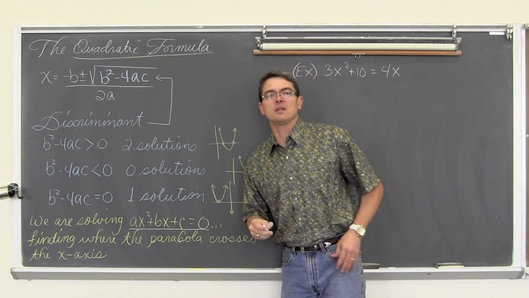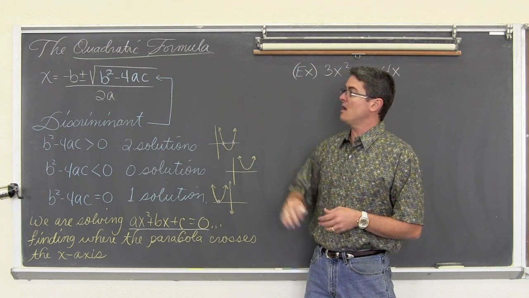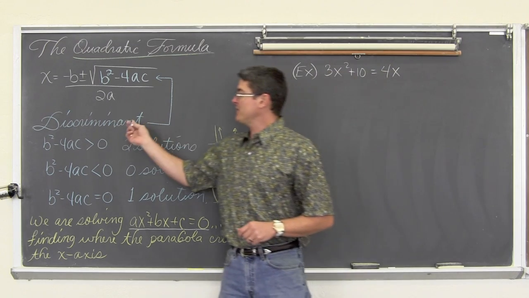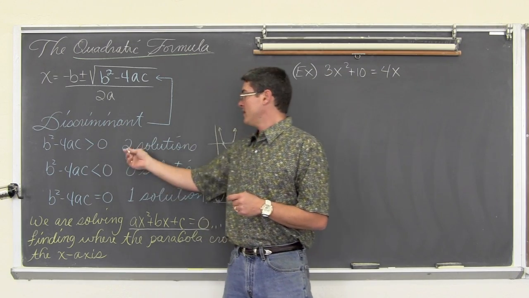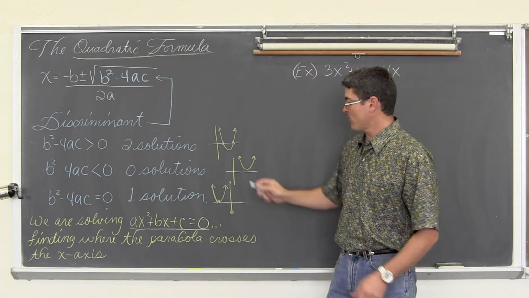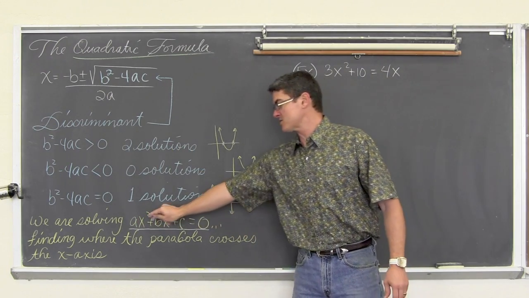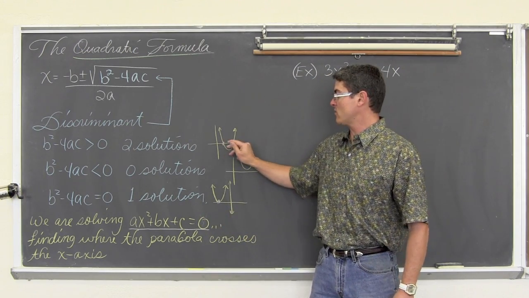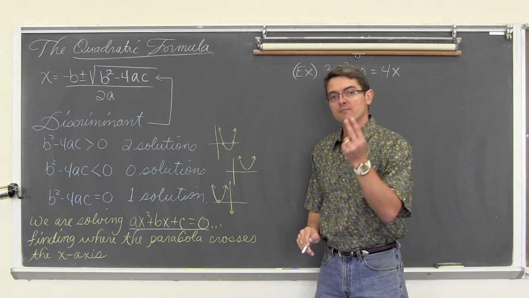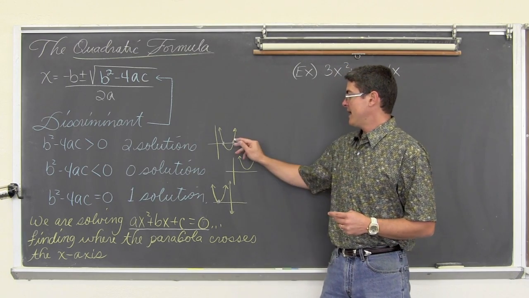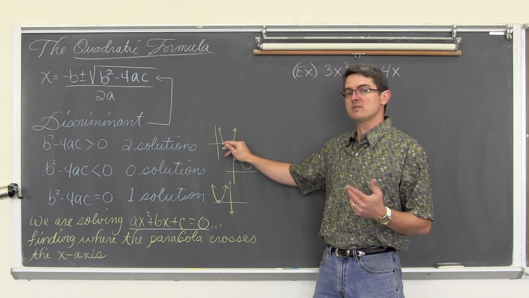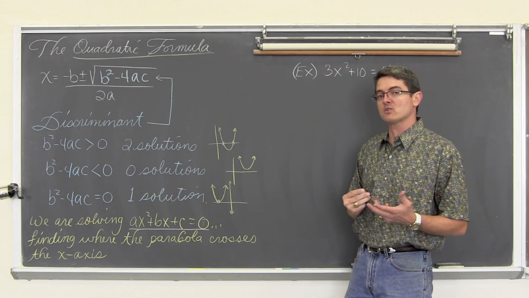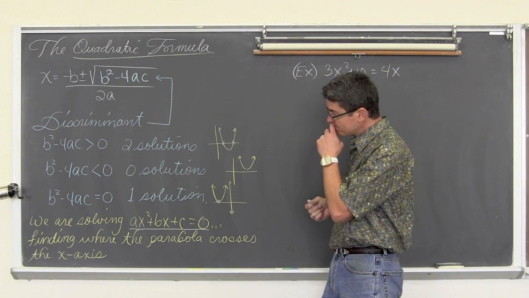Inside the square root symbol, we have something called the discriminant. It's the b squared minus 4ac part of this formula. And if the discriminant is greater than 0, then you're going to have 2 solutions. That means that the parabola formed by this quadratic equation, if you were to replace the 0 with a y and graph it, would cross the x-axis at 2 unique points. Now, these can be integers, whole numbers, rational numbers, or values that you probably couldn't find with factoring, which could be irrational numbers like square root of 7.